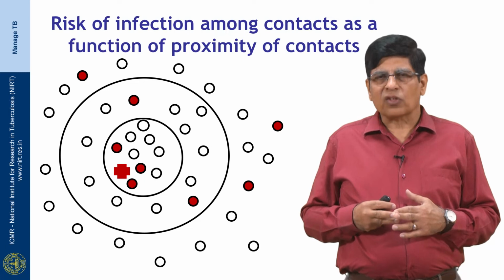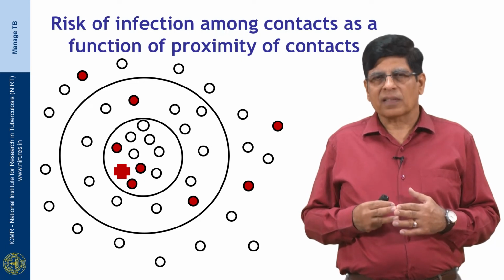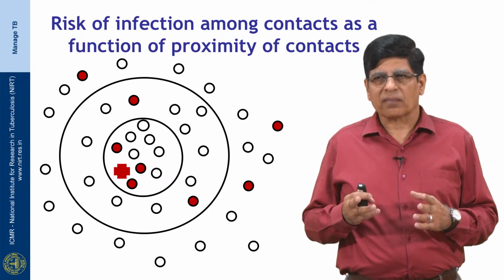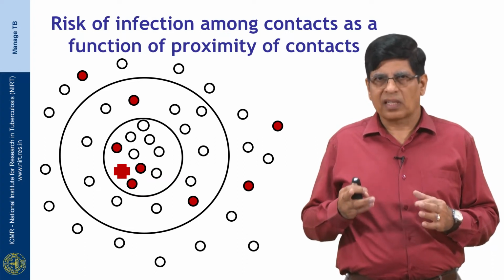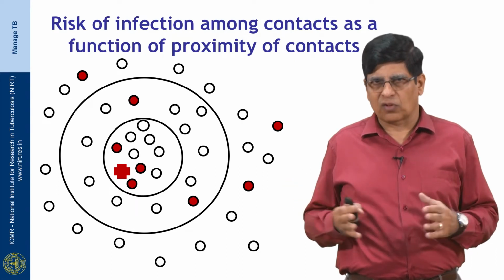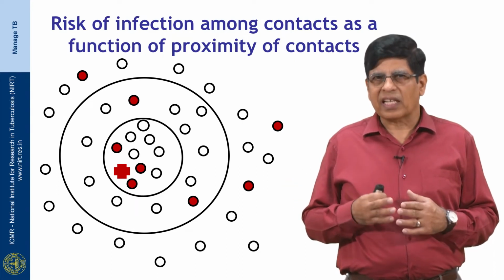Now, in this slide you can see the cross in the inner circle. The inner circle represents a household. The outer circle represents the neighborhood and then the overall community. Now, you can see that the